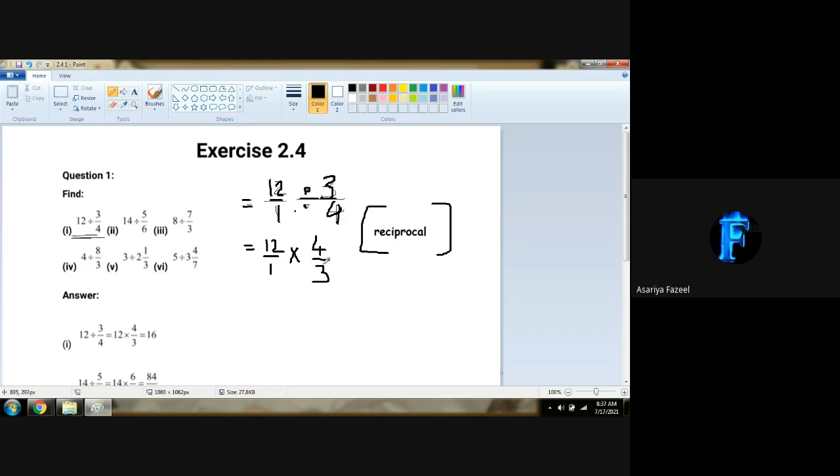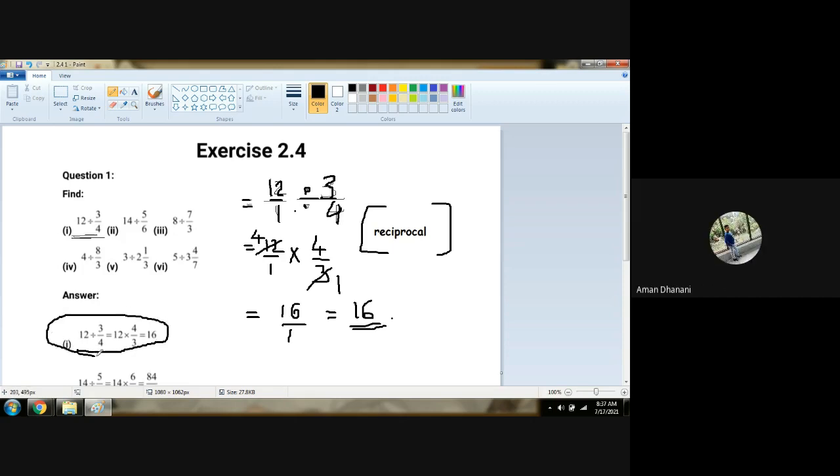No, sir. You have to check out the cross cut. Numerator, denominator, check what cuts crosswise. 3 ones are 3, 3 fours are 12. 1 ones are 1. Denominator will have 1. Are you getting? 4 fours are 16. So 16 upon 1 is said to be 16 only. You can write it or not, it works either way. Yes or no? Yes, sir. So what is our first answer we got? 16.